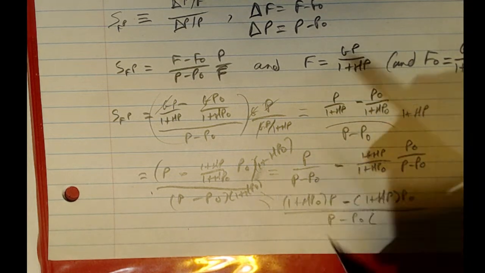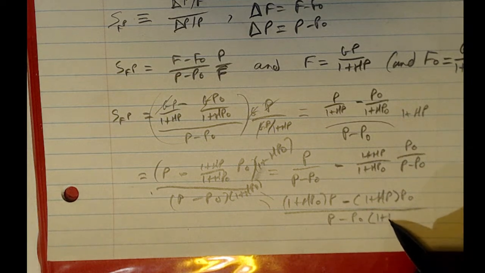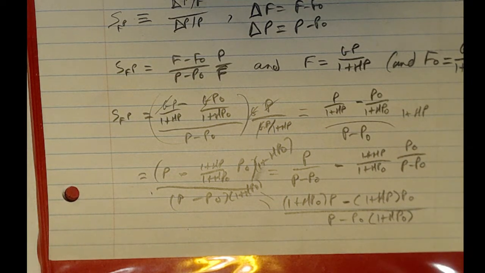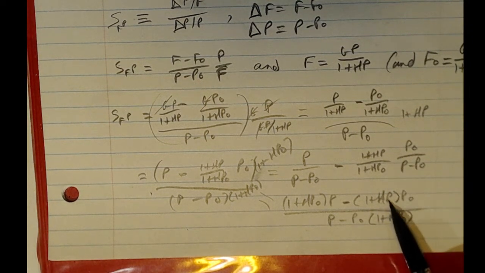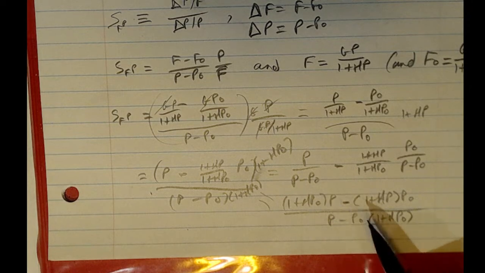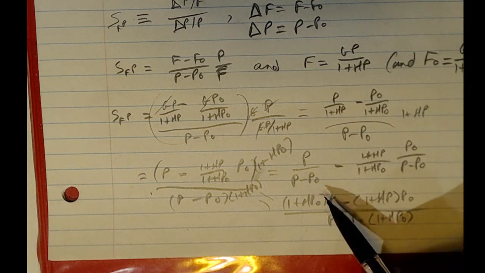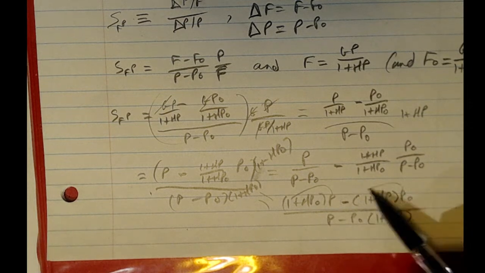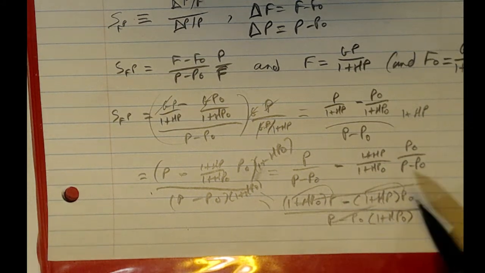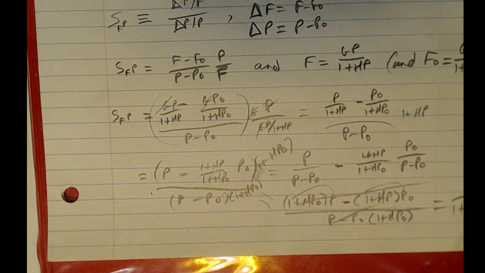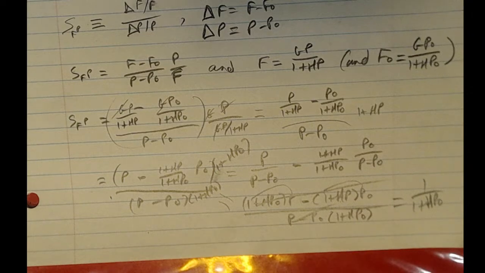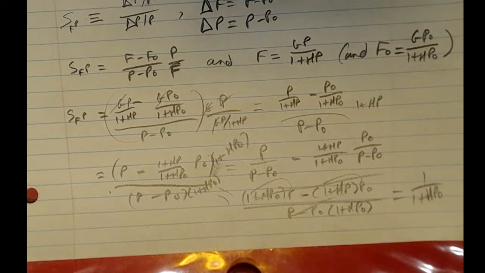All right, now I see it. Whew, that was a tough one. Well, tough for somebody who's out of practice. And what you can see is we have hp naught p with a minus sign, then hp naught p with a plus sign. So all we're left with up here is just p minus p naught. So the p minus p naughts go away. Finally, we get 1 over 1 plus hp naught. Okay, we made it to the finish line. Now I can read the next line of the book. The whole book is going to be like this, by the way. Hope you're ready.